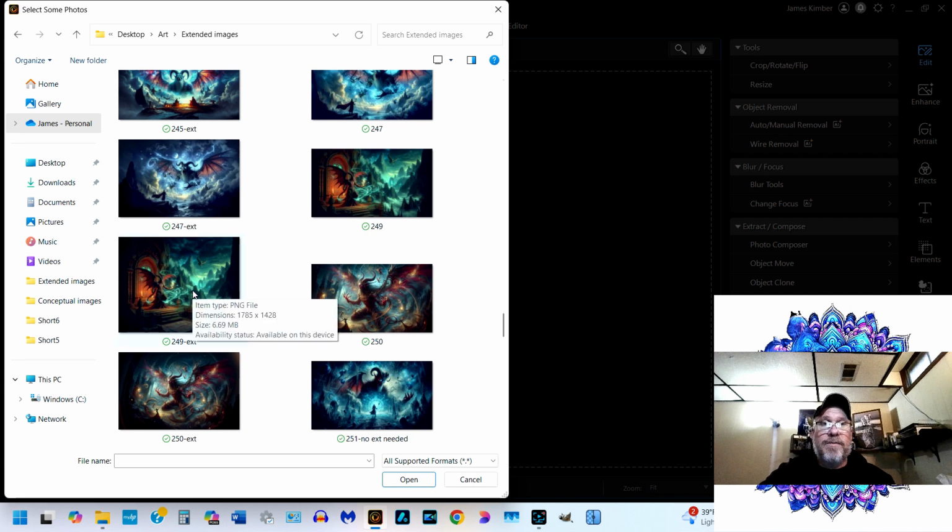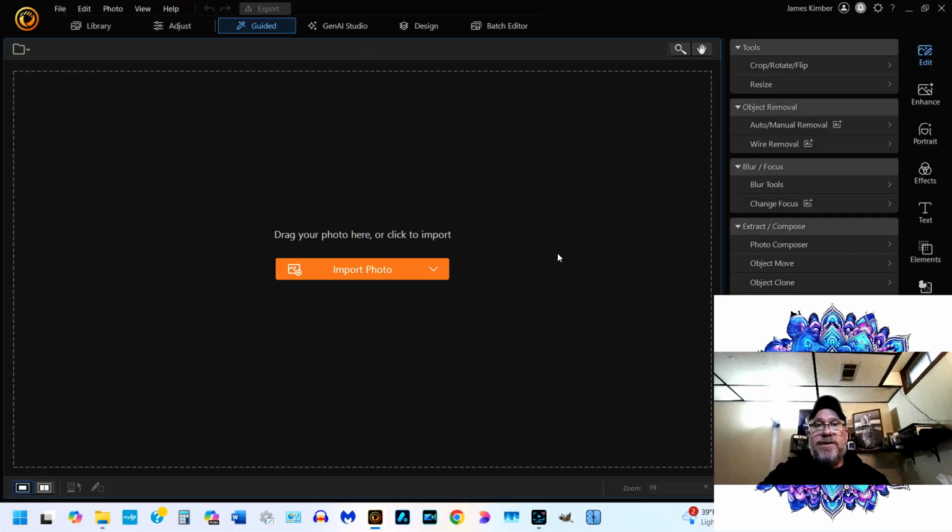So I'm going to pull up this image, which I've already extended. If you haven't seen how to use the AI extend feature in PhotoDirector 365, I already have a video out on that. Maybe I can remember to picture it here, or at least put it in the comments down below. You guys know I don't do a whole lot of editing and I'm not crazy about doing it. So let's load up this image